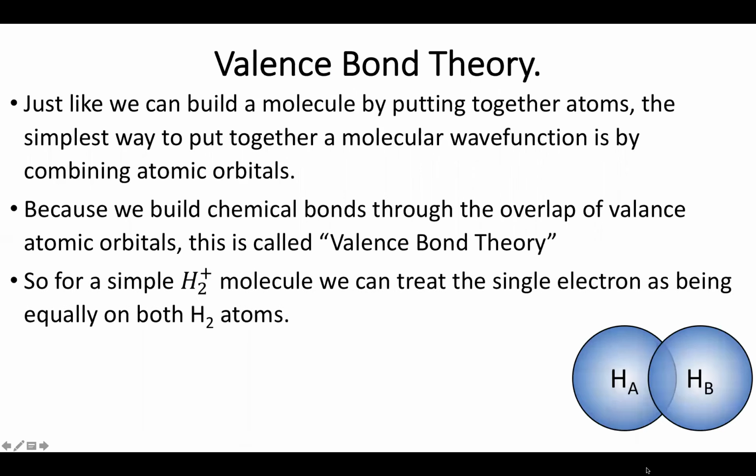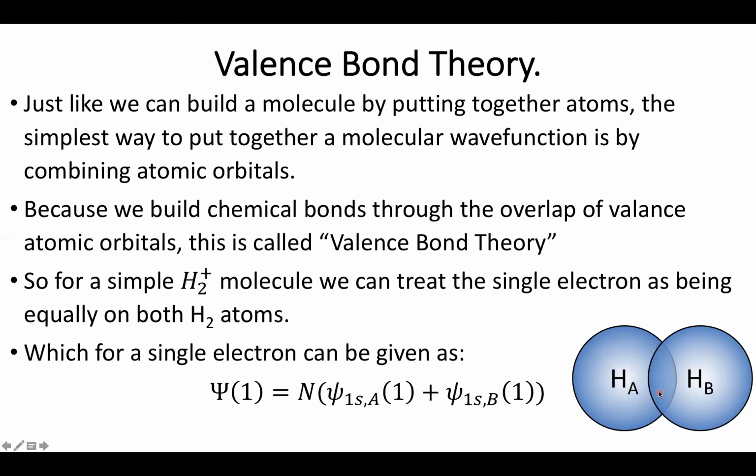And we can treat this for a very simple system, the hydrogen molecule ion, or cation. Again, we can treat this as the idea of I have a single electron, which will be spread over my two wave functions, and the bond will come from the overlap between the two wave functions. So I can build this up from a fairly simple idea. If I have one wave function, I can simply add my two atomic wave functions together, which generates my new molecular wave function, and then again, don't forget that normalization constant.